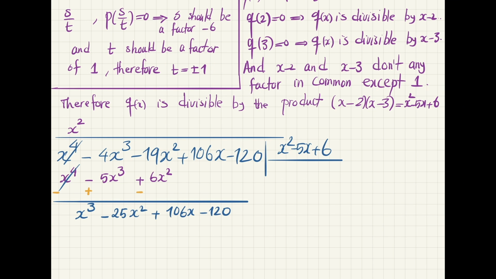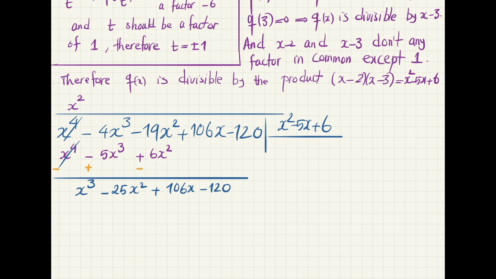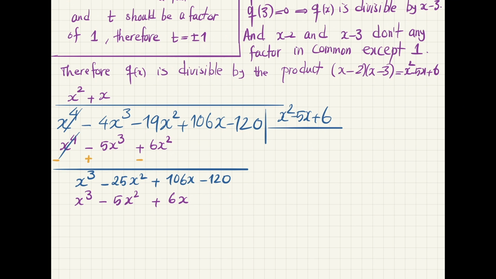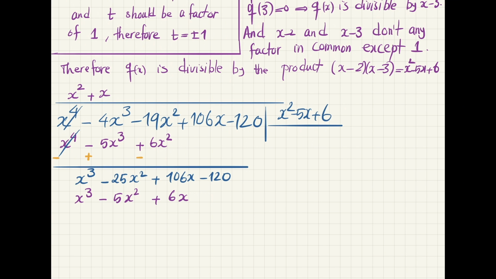So what should I do? I divide x to the 3 by x squared, it will give me x, and I multiply it. So it becomes x to the 3 minus 5x to the 2, and then I will have positive 6x. Yes, then I will change my signs, so this becomes negative, positive, negative,